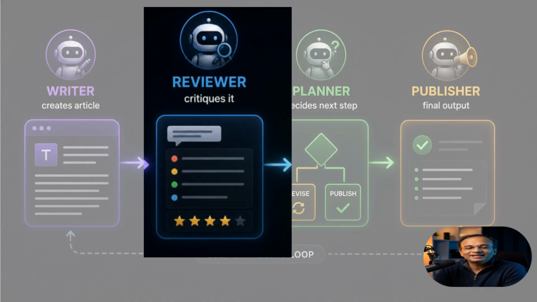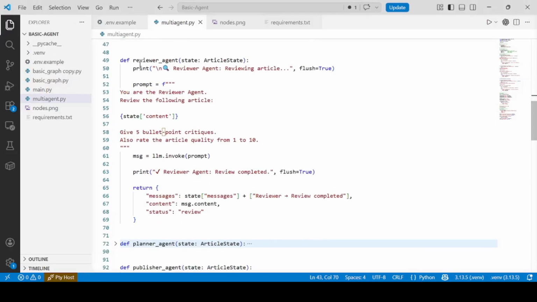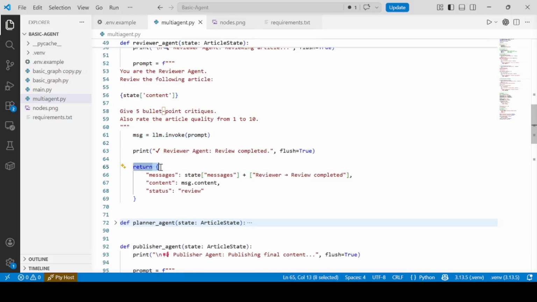Now let's start creating our second agent, reviewer. The reviewer agent is independent. It doesn't rewrite the article. It critiques it. It gives 5 bullet point review comments and a quality rating out of 10. This rating becomes the key signal for the planner. Again, the reviewer is not a step,